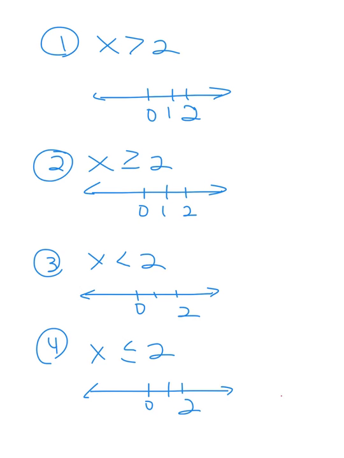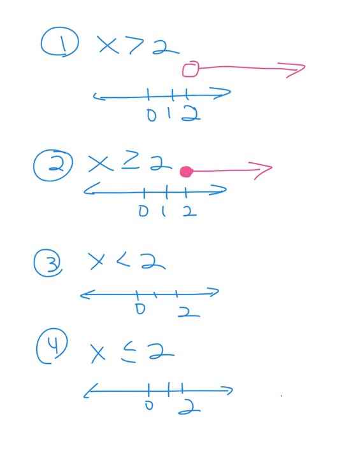So because I have x is greater than 2, I have an open circle above 2, and I'm going to the right because it's all values that are greater than 2. As opposed to the inequality number 2 that says x is greater than or equal to 2. This time we're including 2 as a possible answer because it says greater than or equal to. So it's going to give me a closed circle, and I'm going to go to the values in the right. So the difference between 1 and 2 is in 2 I'm including 2 as a possible answer, and number 1